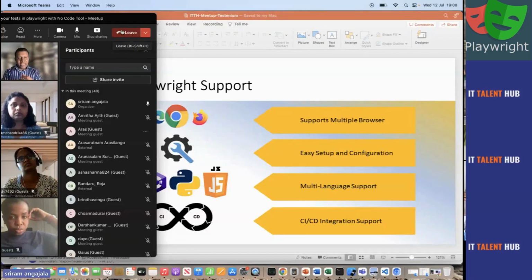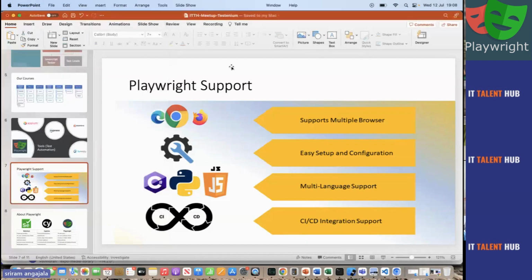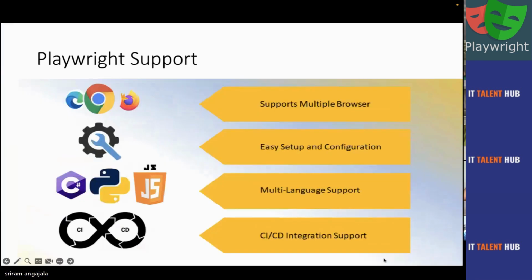The solution is whatever the problems that we still have on the other automation tools like Selenium and Cypress. The problems that we have in these automation tools are properly addressed in Playwright. So now, if you ask me, in the near future, this is the best tool. Maybe it will change. It has its own problems.